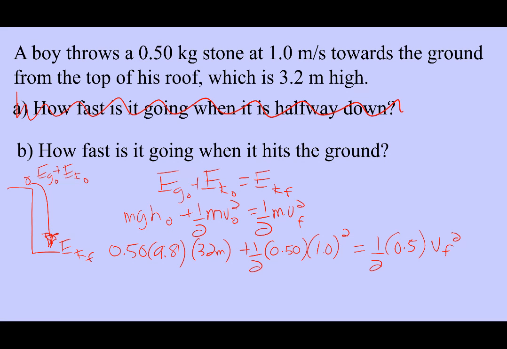Probably I have the skill to punch all that stuff in the left at once, so I'm going to go 0.5 times 9.81 times 3.2 plus 0.5 times 0.5 times 1 squared equals